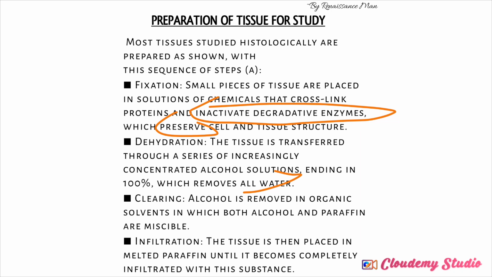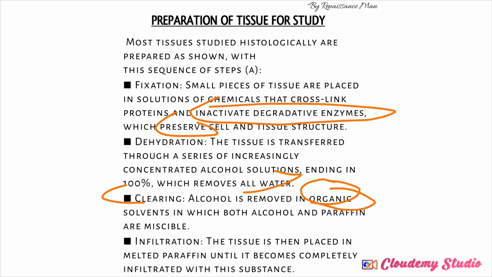Now, after dehydrating it, I must remove the alcohol, since I used alcohol in dehydrating it. I use clearing as the process in removing alcohol. Alcohol is removed in an organic solvent in which both alcohol and paraffin are miscible. That is, I'm going to use an organic solvent in the removal of